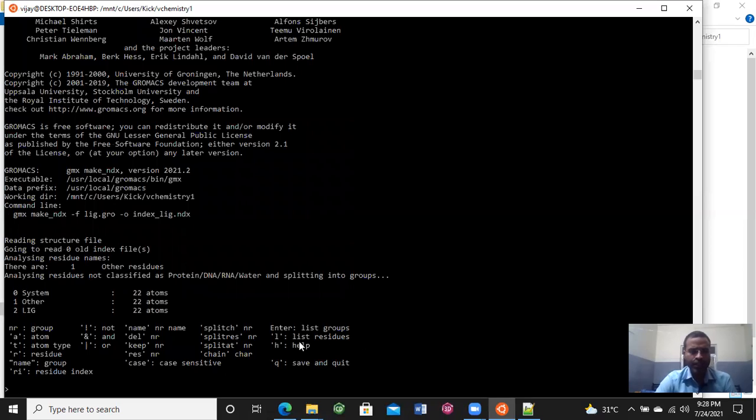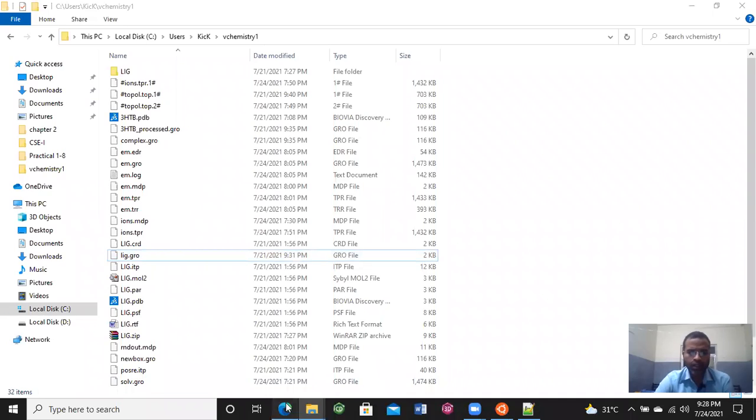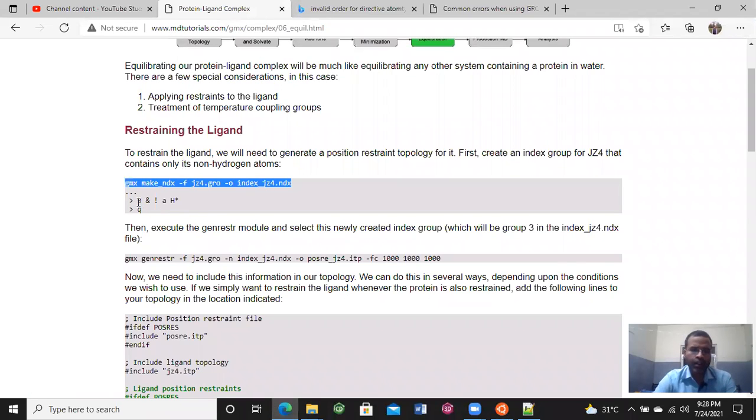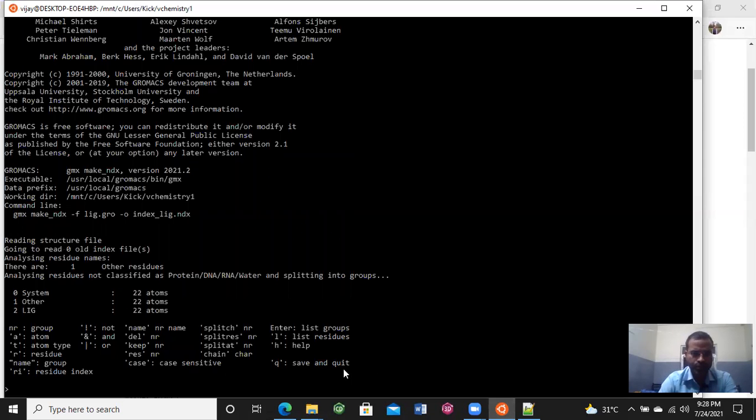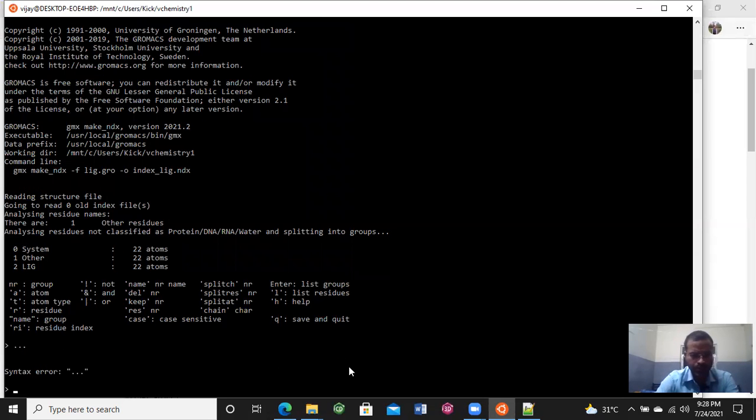Here it is asking what you want to do. Zero, and this is the command you have to write. So copy this command, and just paste here and enter.